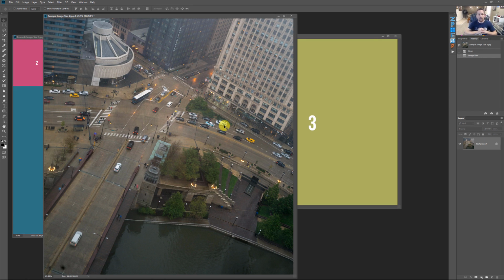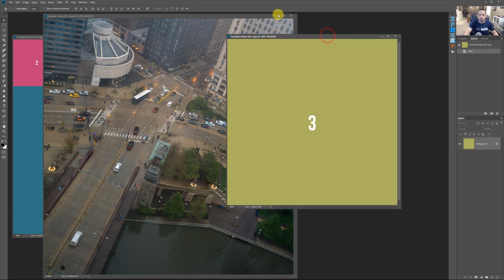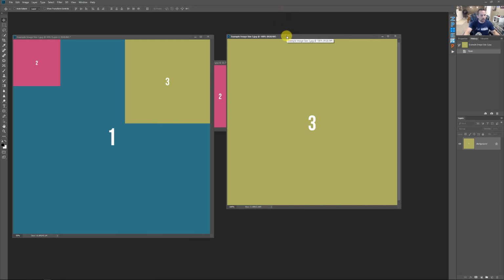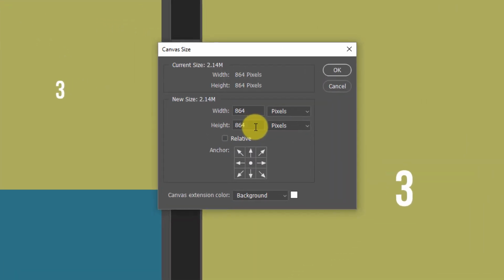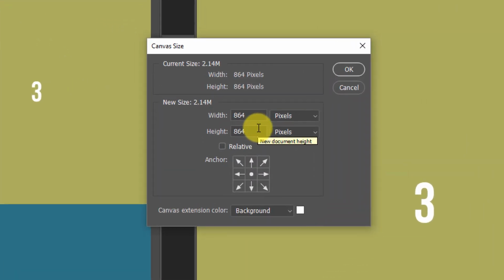The next thing that we have is something called canvas size, which is totally different than image size. So let's just click on number 3 over here, and we'll talk about this when we talk about canvas size. If we go up to image, right underneath image size is canvas size. If we click on canvas size, this is telling us how big the canvas is that we're working on with this image. So if we have a width of 864 pixels and a height of 864 pixels,